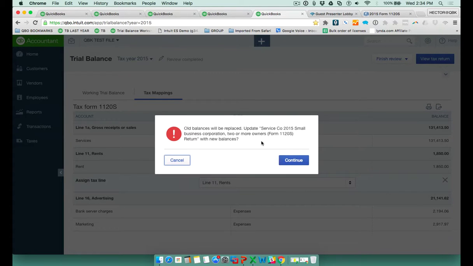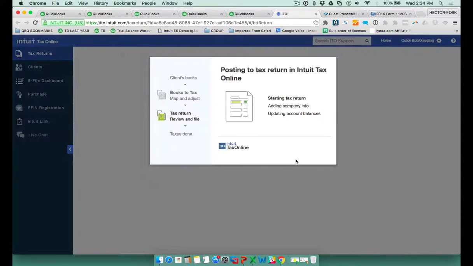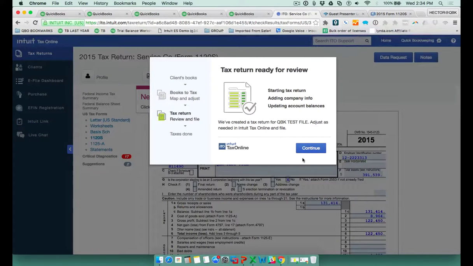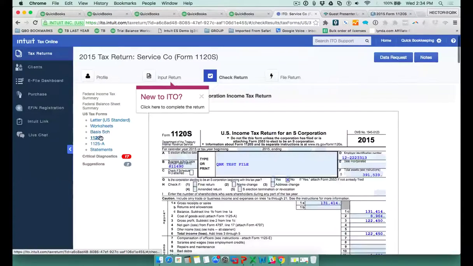And then it's going to say that if you had something else in your tax return, it's going to be replaced completely by the new information, and that's fine. That's what I want to do, so I'm going to hit Continue. Now that's going to open a new screen, which is Intuit Tax Online, right? Or, as of tomorrow, it will be called ProConnect. So once I go in here, you're going to notice that,